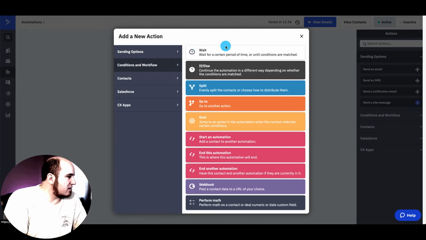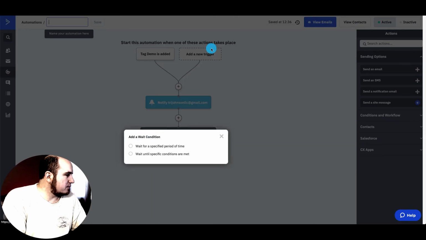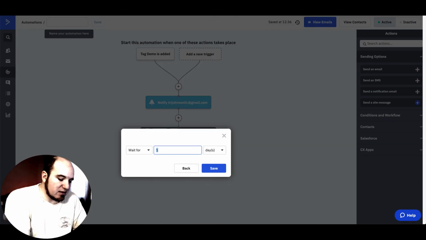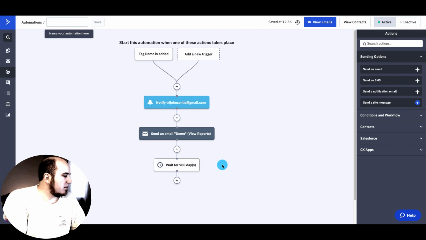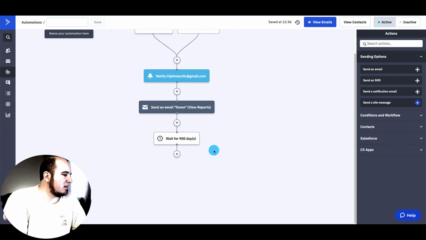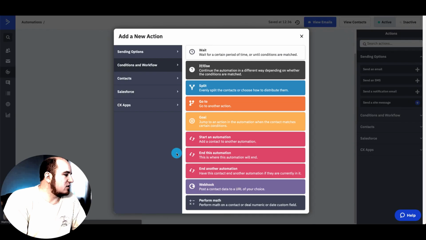I'll also put a wait step here at the bottom. And I just put it out something crazy like 900 days. That way, in the future, if I want to create additional emails, people will stop here at this wait step instead of dropping out of the automation. And I can come in here and just build my next email